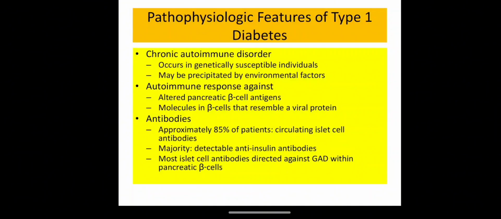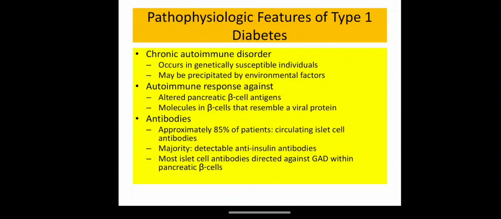Pathophysiological features of type 1 diabetes mellitus. This is a chronic autoimmune disorder which occurs in genetically susceptible individuals. It may be precipitated by environmental factors, and also the autoimmune response against, that means it alters the pancreatic beta cell antigens and molecules in the beta cells that resemble viral proteins,